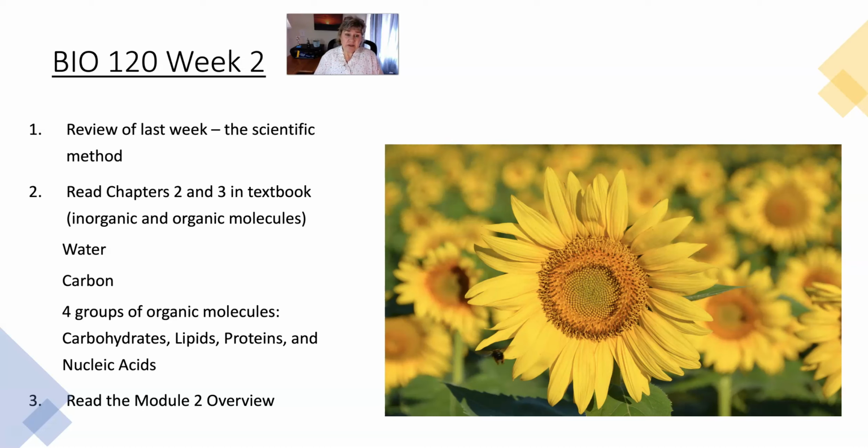And then also take a look at chapter 3, which is about organic molecules. And there are 4 groups of organic molecules. The carbohydrates, like starches and sugars and those sorts of things. Okay, carbohydrates, you know them, you've heard about them in your diet. Lipids, these are the fats, oils, and waxes. And the main property of lipids that is so important is that they are hydrophobic. They repel water, and so they separate from water.